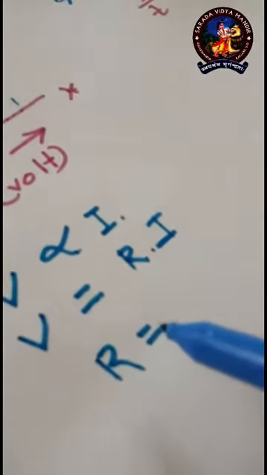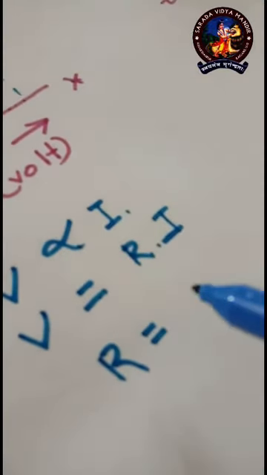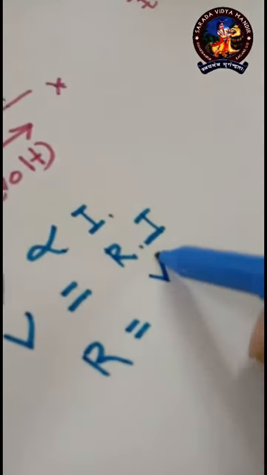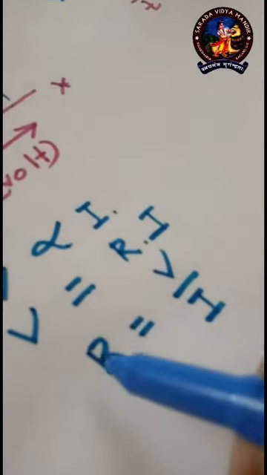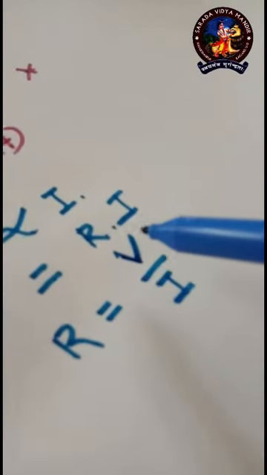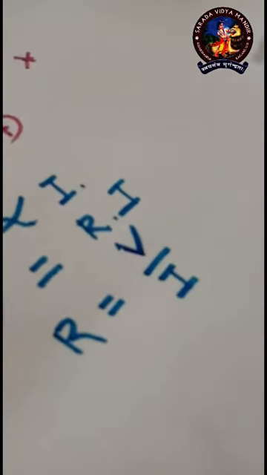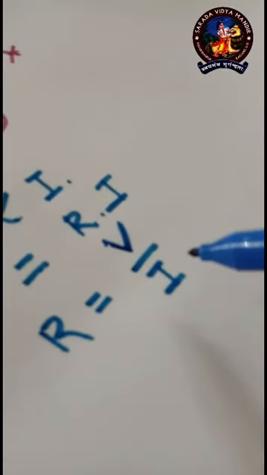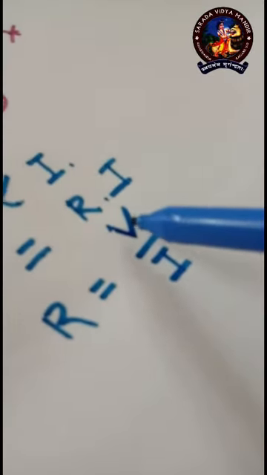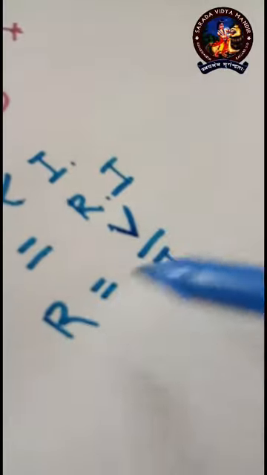R is the resistance of the circuit. Previously we had a lot of discussion on R, and we can have R from Ohm's law also. And what is it? R equals V by I. So ohm equals volt by ampere. So if the potential of a circuit is given, that is if the EMF of the battery that is used in the circuit is given, and if the current through the circuit is also given, then I can have R. Or if the resistance and current is given, I can have V. Or if V and R is given, I can have I.